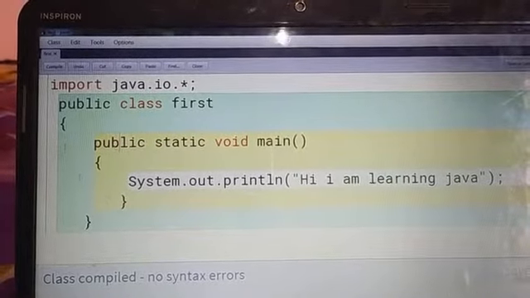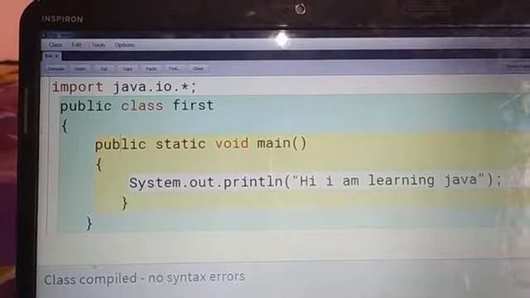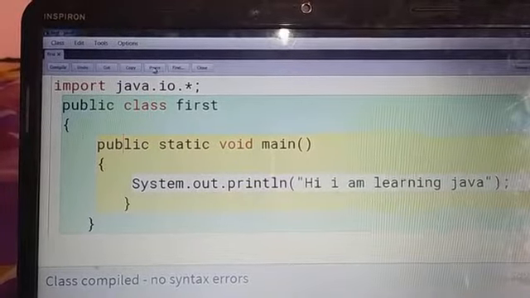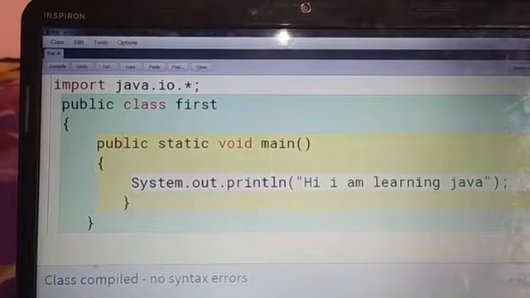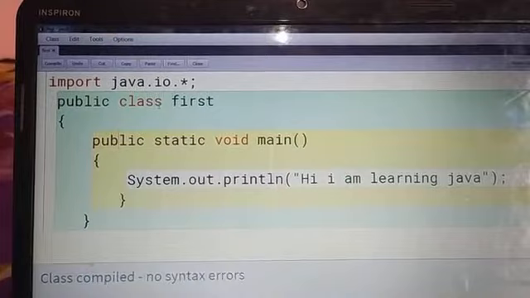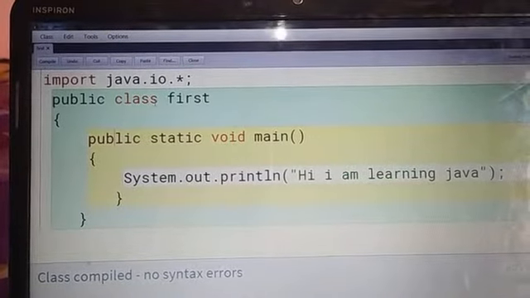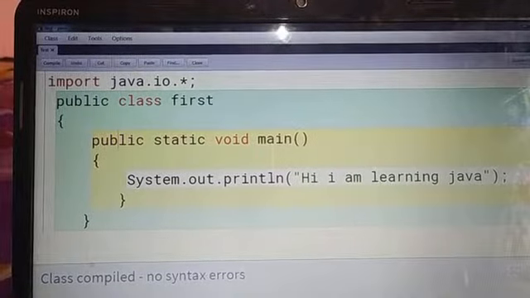Here, import has the same meaning as hash include. In C++ we directly start with void main. Here, first of all we have to create the class. That's why Java is known as a pure object oriented programming language, because without a class we cannot write any program.